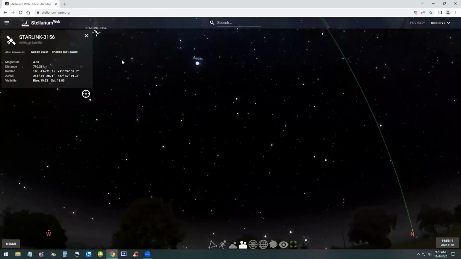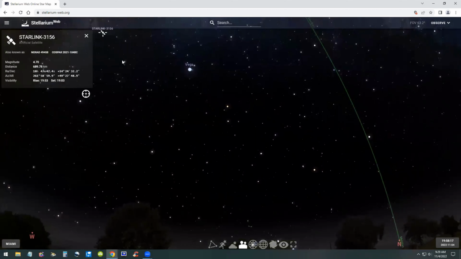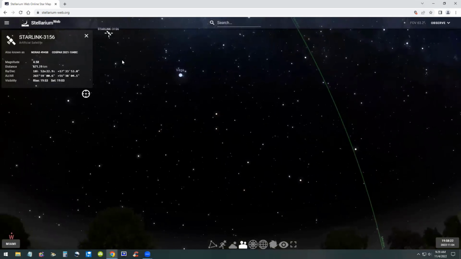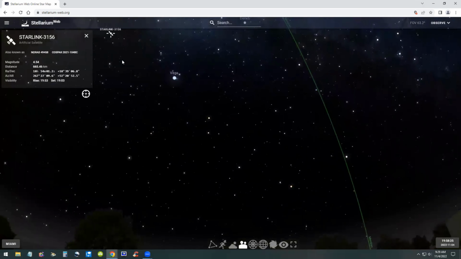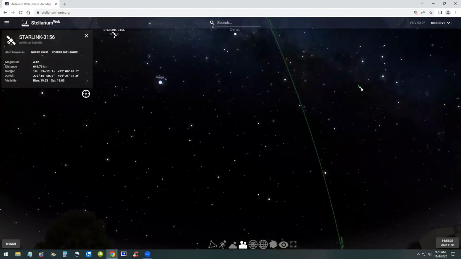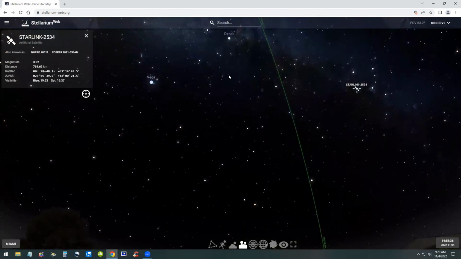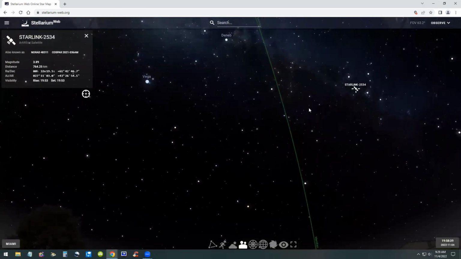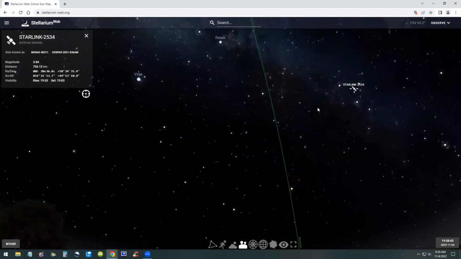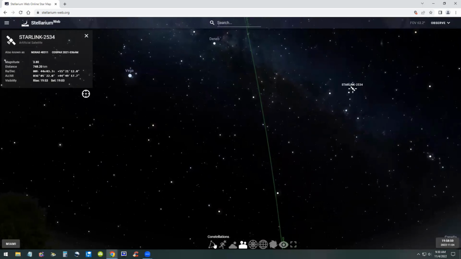So how can you tell? You can tell if it's moving, right? Usually planets are very slow moving, so you won't be able to detect their movement as much. But this is an artificial satellite, such as the Starlink satellite. This one is called the 3156 Starlink. It was launched by SpaceX, and there are thousands of them. So chances are you will be able to find some of them in the sky. It's almost guaranteed that you'll be able to find those if you just stand still for a while and look at the sky and see if there's anything moving. Just click on it and the name will show up.